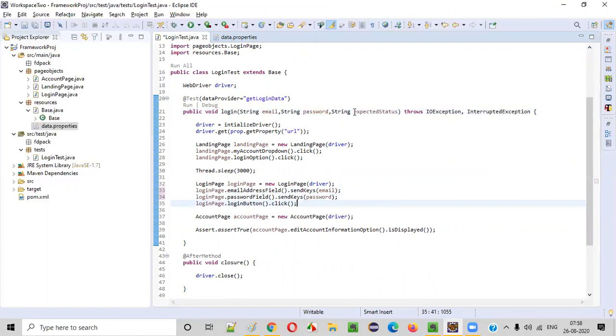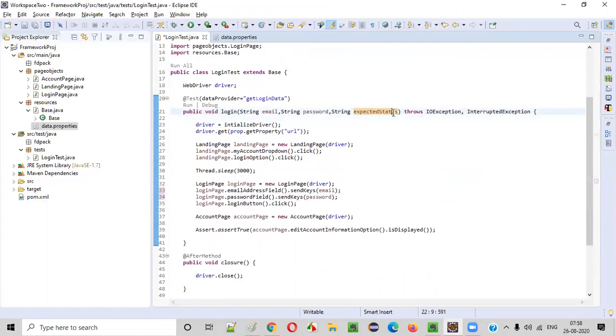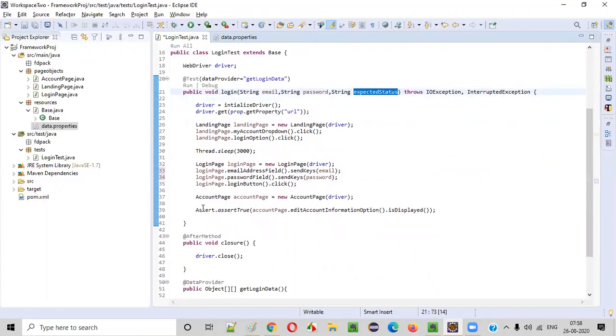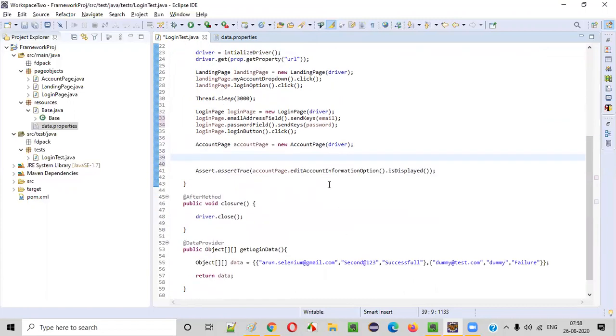Okay. This expected status, we are going to modify the code. According to the expected status, we are going to modify the code anyhow. So once we go to the account page, we have to write some code here regarding expected status. So we have to get the actual status now. How to get the actual status?